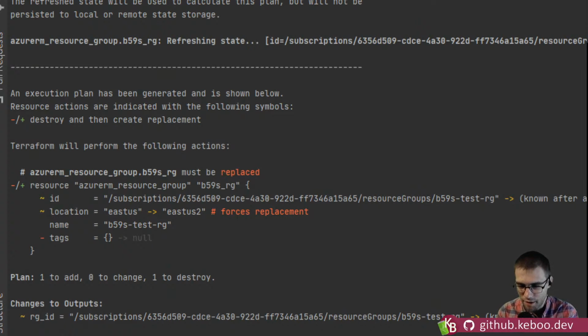But this ability to effectively look at deltas and determine whether I need to recreate or whether it's an in-place edit that I can do is insanely powerful, versus trying to do this sort of scripting level stuff with either PowerShell or the CLI.